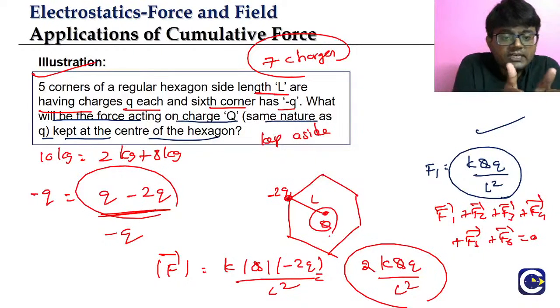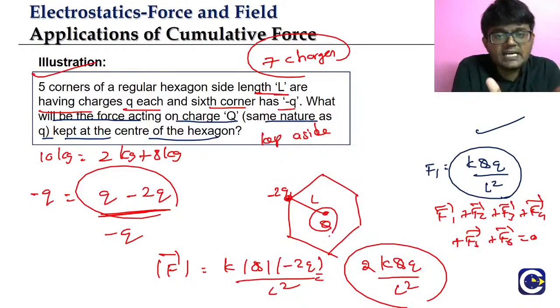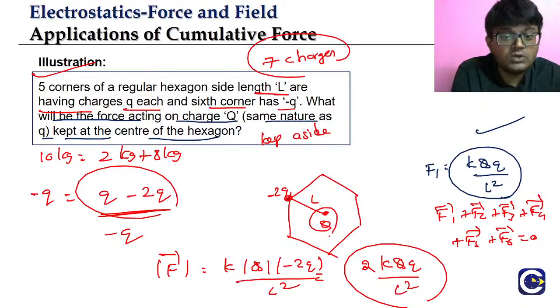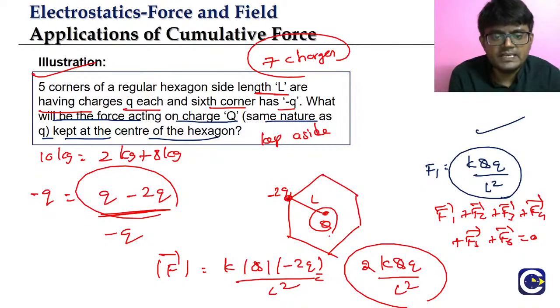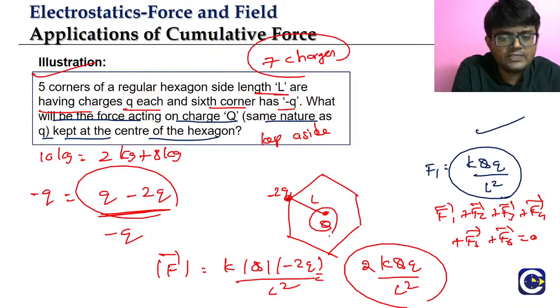So we use that split charge, or superposition. Sometimes people commonly use the word splitting charge. Here we have minus q at the 6th corner. How are we splitting it? As q and minus 2q. If we have a charge q at that 6th corner also,